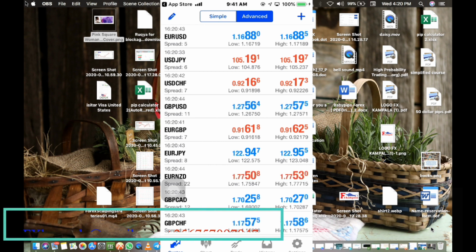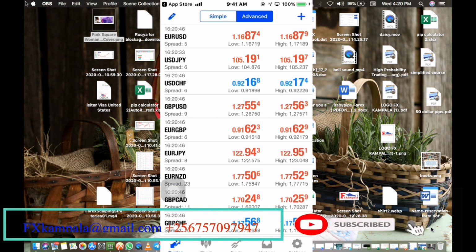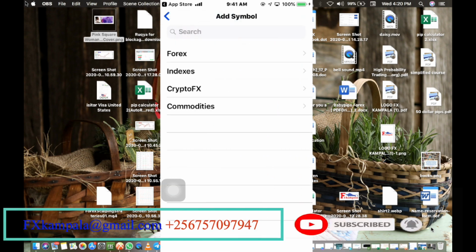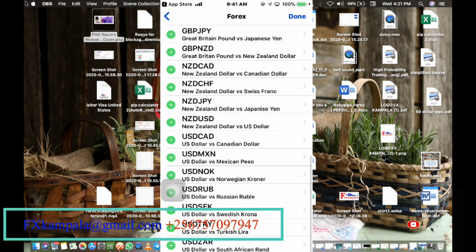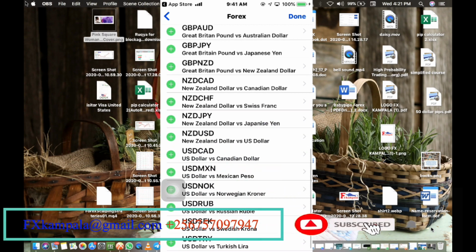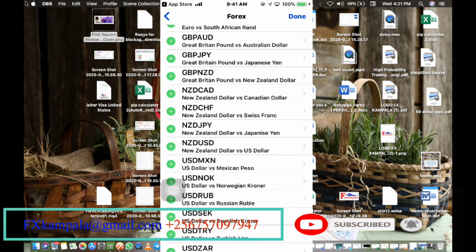Now, these are the pairs that you can trade. If you want to add another pair, you can simply click on the add button. When you click on add, it depends whether you want to put a pair that is a currency, an index, a crypto, or a commodity, because we can trade all these, the very way the people that have been trading on computers know how this happens, in the upper right corner. So you click on forex if you want to add any pair. Let's assume we want to add USD CAD. When you click USD CAD, it automatically